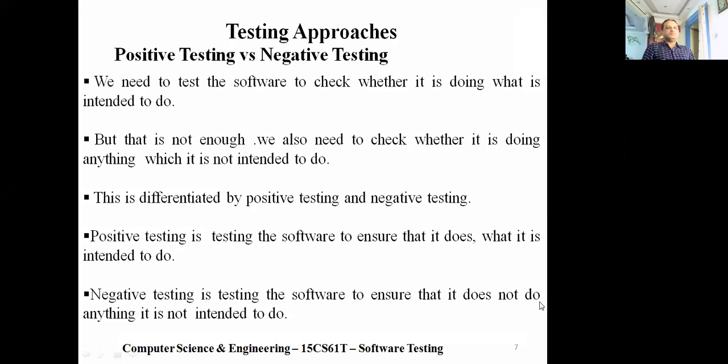Positive testing is testing the software to ensure that it does what it is intended to do. Negative testing is testing the software to ensure that it does not do anything it is not intended to do. Is it clear? That is positive and negative testing. We'll continue again.